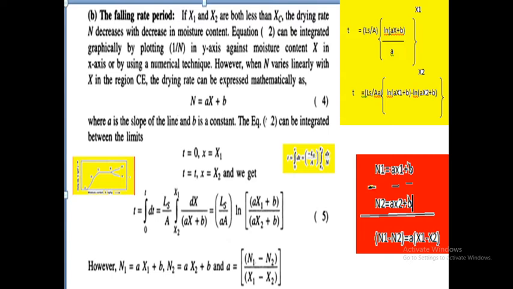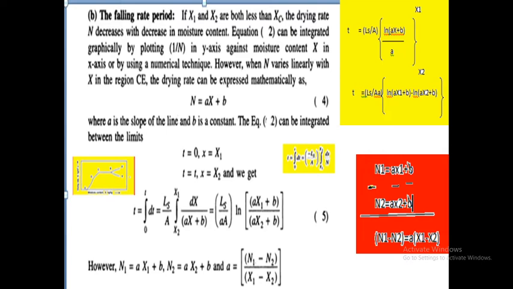Okay. But we have two conditions: one is the initial and the other is the final condition. So the general expression is capital N is equal to ax plus b, but for the initial condition we write capital N1 is equal to ax1 plus b, and capital N2 is equal to ax2 plus b. This is the final condition. Are you clear or not? Okay. So from these two equations, find out the small a value. Small a is the slope. Are you clear? Okay. So how will you find out the small a value?